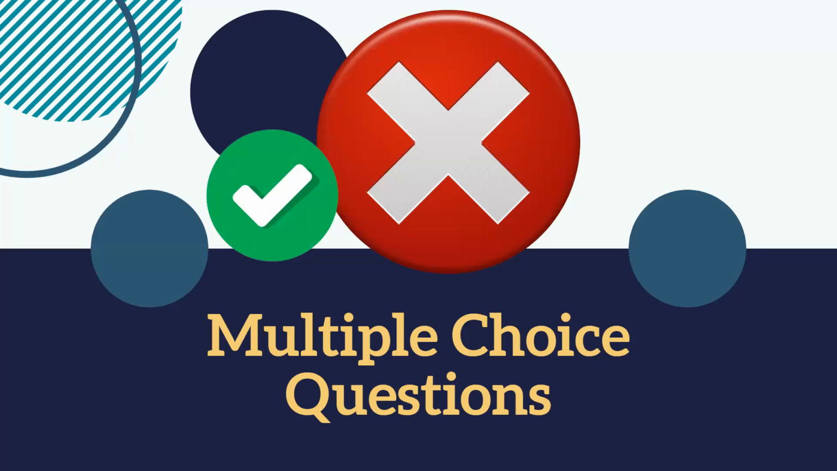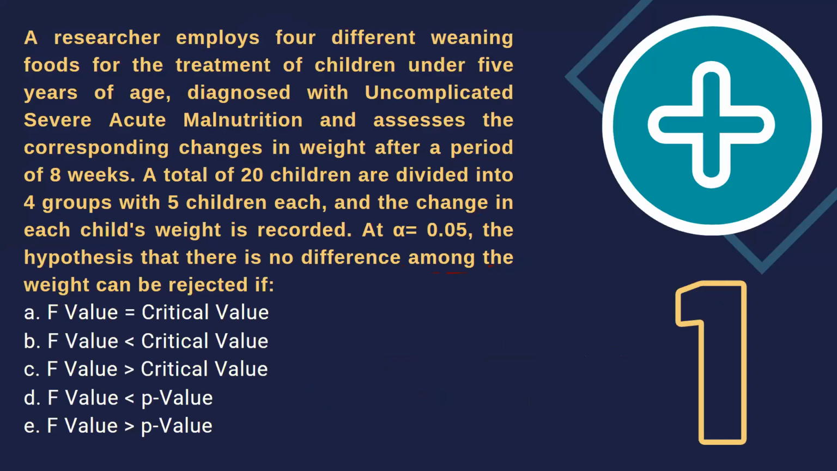Multiple choice questions. Question number 1. A researcher employs 4 different weaning foods for the treatment of children under 5 years of age diagnosed with uncomplicated severe acute malnutrition and assesses the corresponding changes in weight after a period of 8 weeks. A total of 20 children are divided into 4 groups with 5 children each, and the change in each child's weight is recorded. At alpha equal to 0.05, the hypothesis that there is no difference among the weights can be rejected